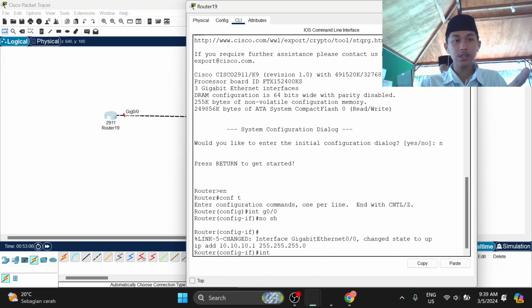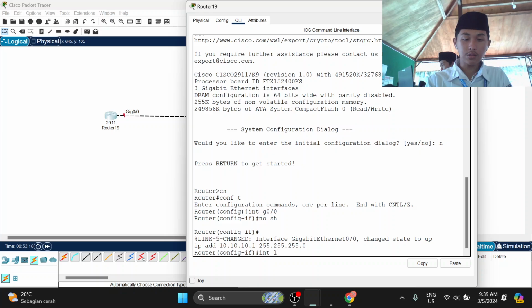In the physical topology you don't have any client, but in the logical topology, because you don't have a client, you use an interface loopback.